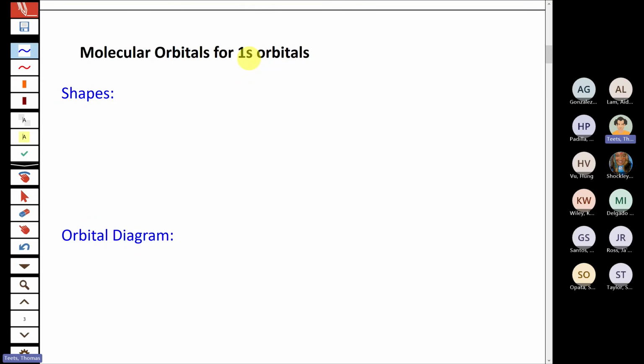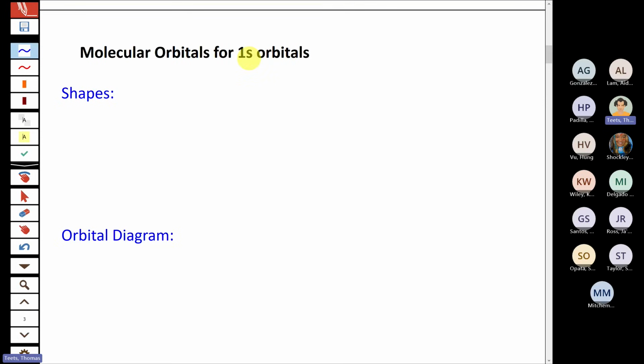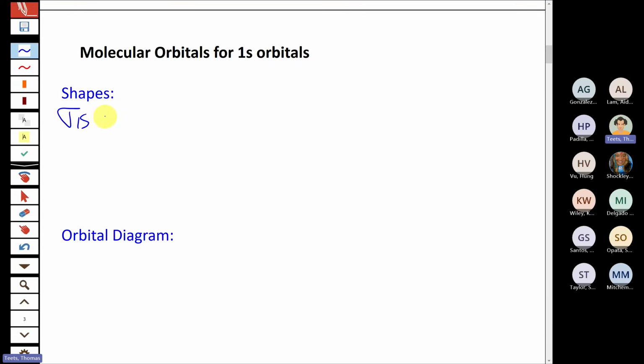So we're going to start with 1s orbitals. So we're going to start with H2 or other small molecules that would only have 1s valence orbitals. And there's really two types of molecular orbitals that always form, as we talked about last time. So the first of those is the bonding orbital, which is an in-phase or additive combination. So at a very simplified level, we'll call this sigma. So we use the sigma and pi labels, which mean basically the same thing that they did when we introduced them earlier in the chapter, different types of bonds. 1s orbitals can only make sigma bonds. And so the bonding orbital would be just an in-phase combination of two 1s orbitals, one from each atom.